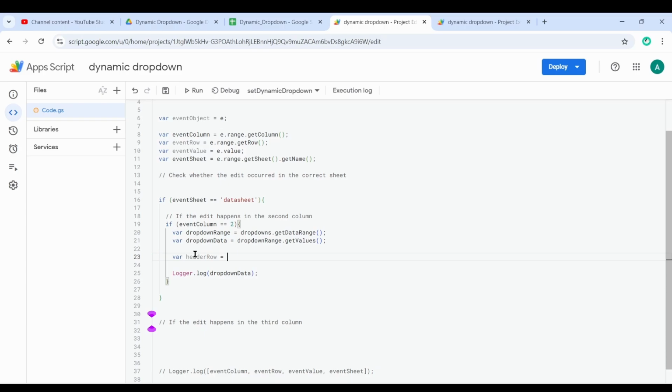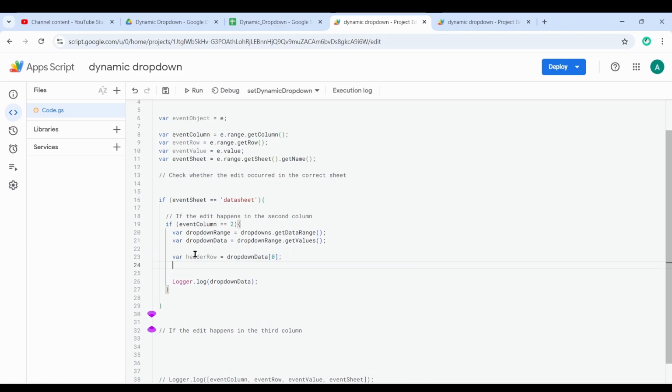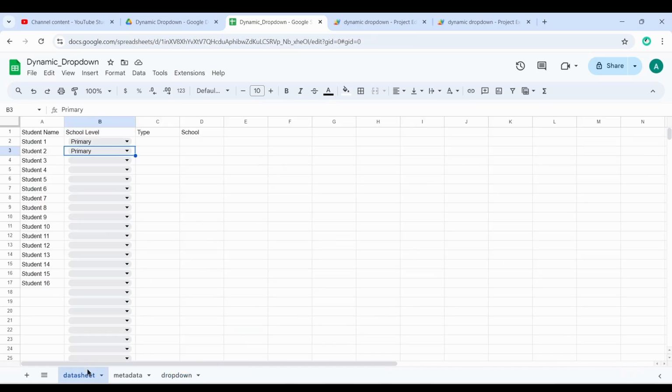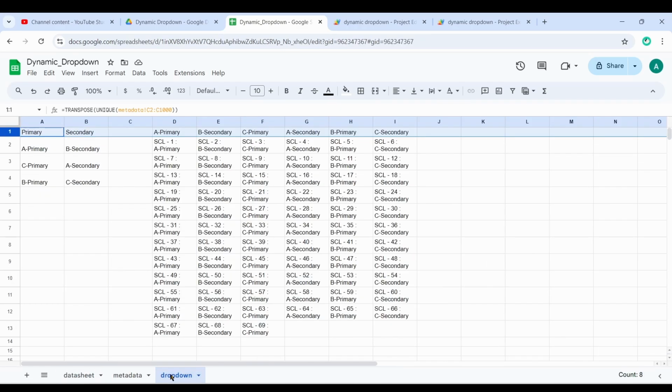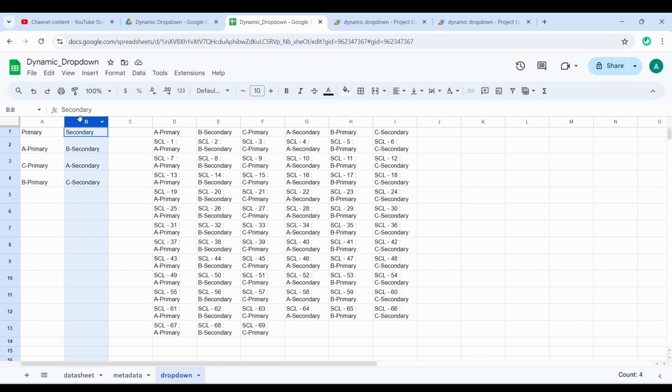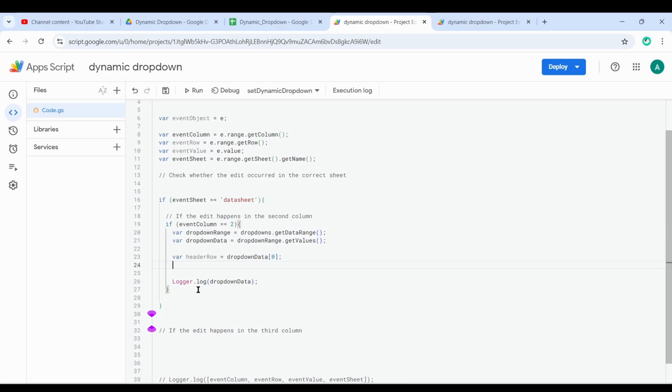Okay, so let's get our header row. And header row is our drop down data and the 0th item. So this is our header row and the column of interest. So basically the column of interest is going to be, if I select primary here, then the column of interest is going to be primary. If I select secondary here from this drop down, then my column of interest is going to be the column where secondary is the header value, right? So let's get variable column of interest,